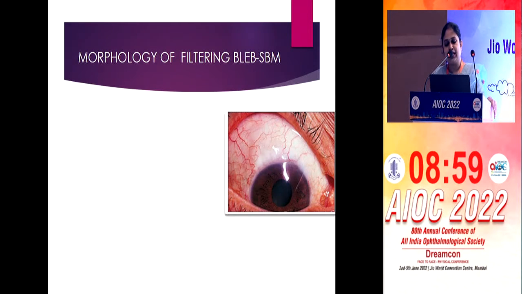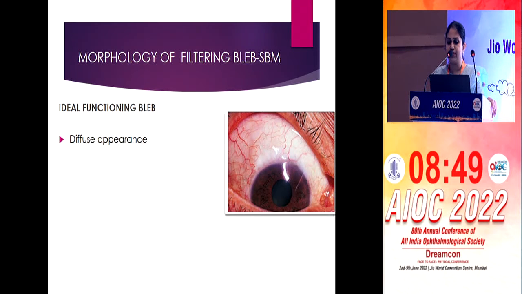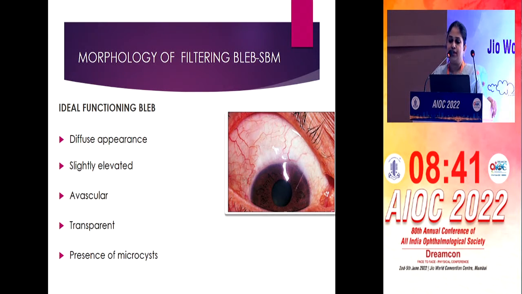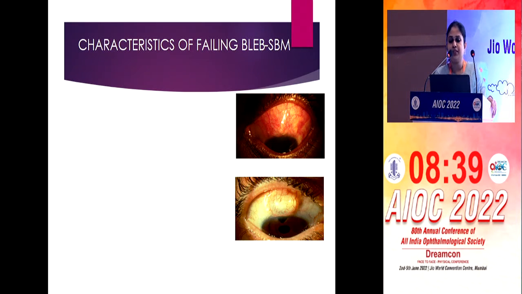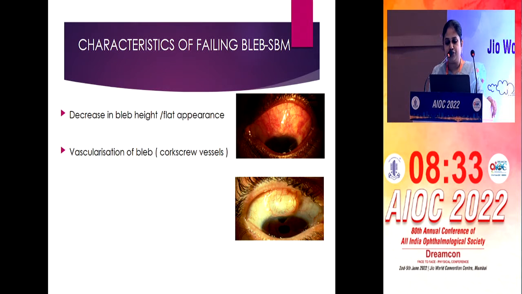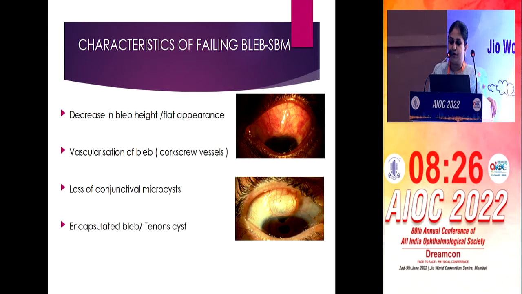A careful slit lamp examination is important for the evaluation of a filtering bleb function and also for recognizing signs of early bleb failure. An ideal functioning bleb has a diffuse and slightly elevated appearance. It is avascular and transparent and is characterized by the presence of microcysts, whereas a failing bleb is characterized by a decrease in the bleb height. They may have a flat appearance, vascularization of the bleb, or the appearance of corkscrew vessels, and loss of conjunctival microcysts. They may present as an encapsulated bleb or a tenon cyst and are usually associated with a raised intraocular